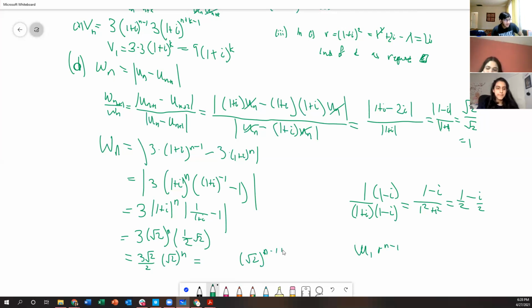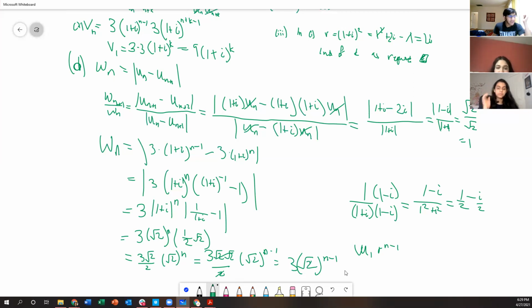then all I have to do is just think add plus 1. And if I add plus 1, that's like multiplying this entire thing by root 2. If I multiply by root 2, I'll get 3 root 2 over 2. Root 2 is 2, cancels, and I get 3 times root 2 to the n minus 1 power. This is how I would do it, because this shows you explicitly that it's a geometric sequence because it matches